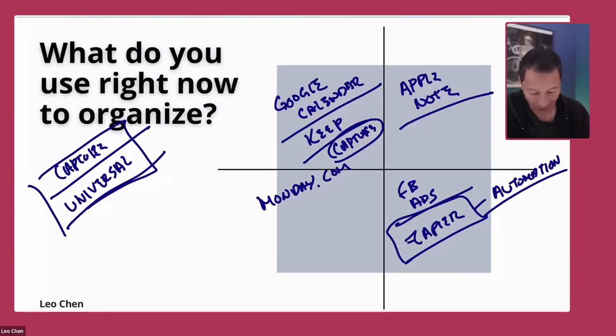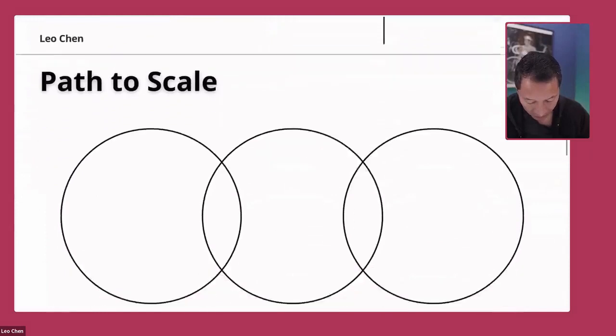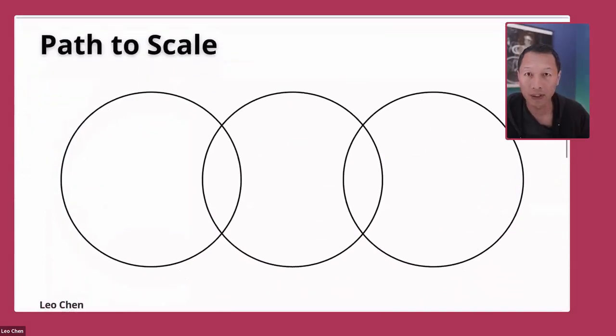Great. All right. So I'm going to show you a few things I think you guys may not have seen before. I'm going to show you how everything gets organized, and you may have a different perspective about this, hopefully, after the session, and I'll get you guys' feedback as well. So this is how I look at organization. This is the path, okay? And this is a framework that you can use for all kinds of things, especially in organization.